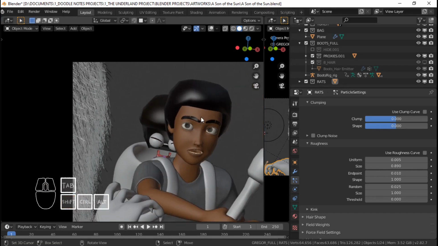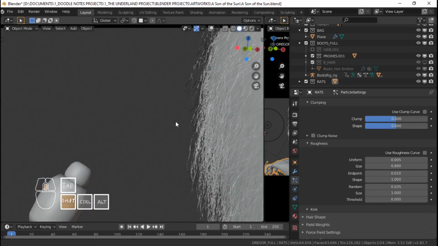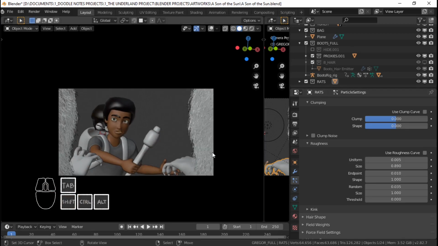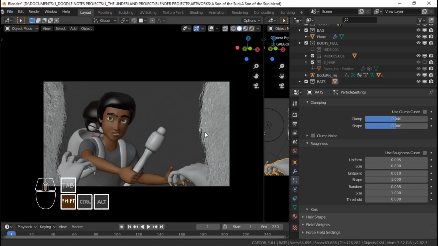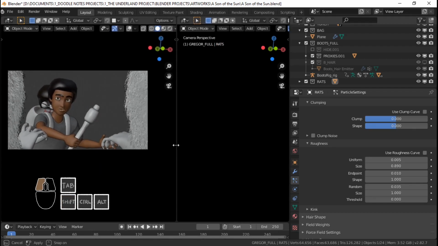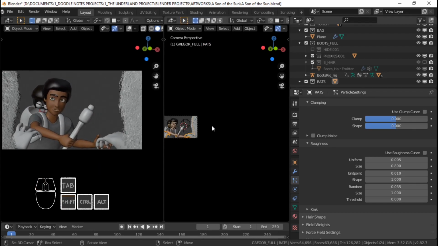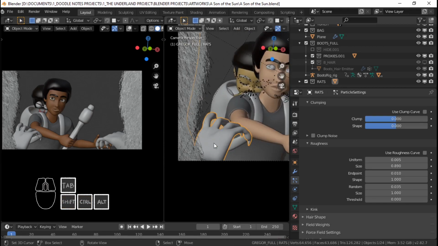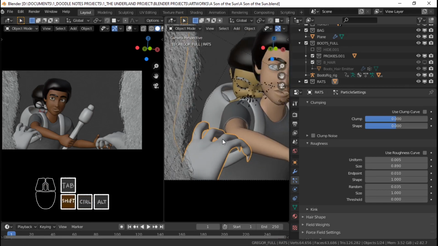So it just looks, you know, messy, but not too messy. Let's increase it a bit, 0.035. So yeah, there. Yeah, I think I'm gonna settle with that. Not gonna take too much time there because that's gonna be blurred out anyway. It's gotta be final for our rat fur there. So now, the next thing we're going to do is make some node setup for our skin here, which is